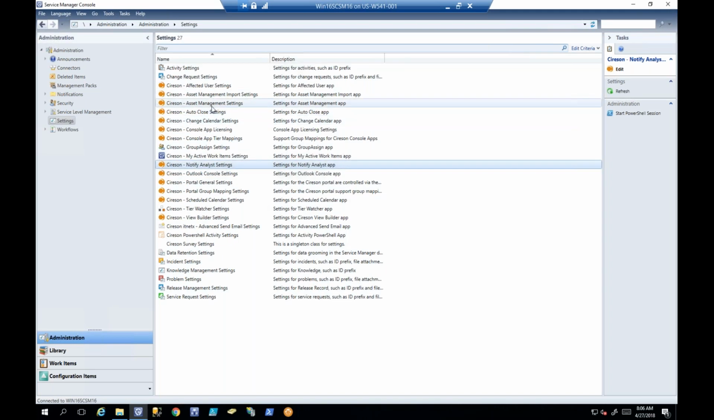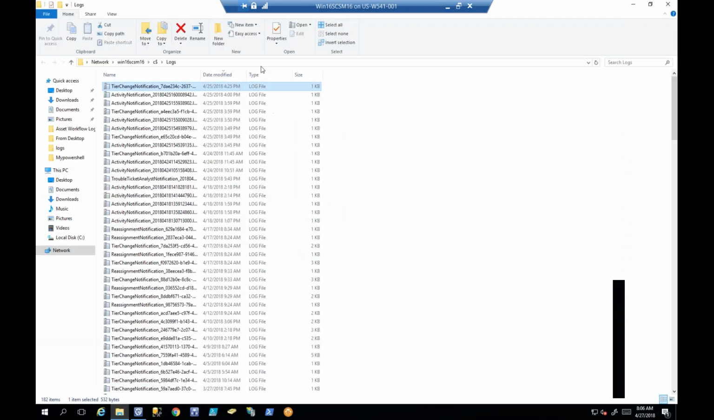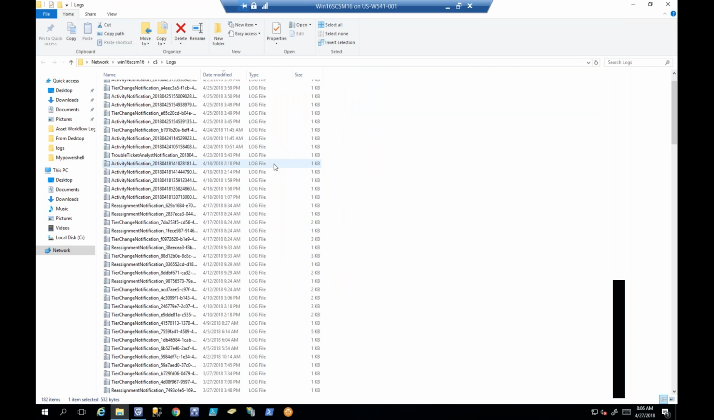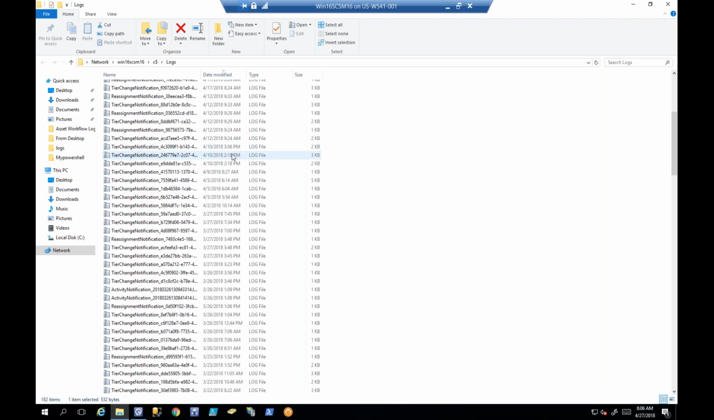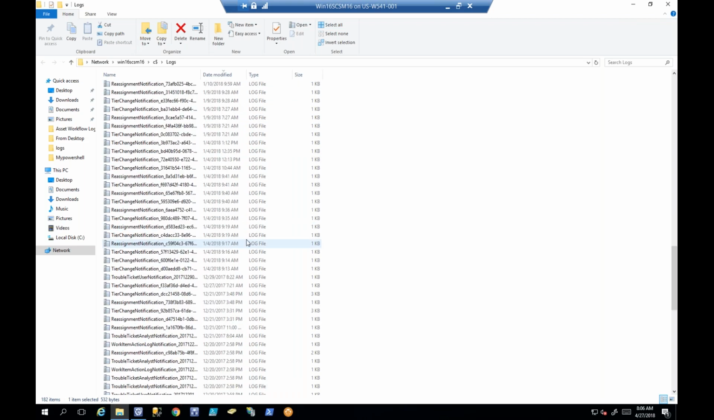I'm sorry, Justin, I didn't mean to cut you off, but with the log folder having that many logs in it, we probably should clean those up at some point. Absolutely. I do highly recommend setting up some kind of workflow or automated task that will keep the size of this folder in check, because especially with Notify Analyst, it does tend to create a lot of logs, because every action regarding